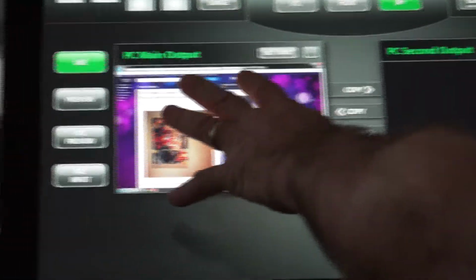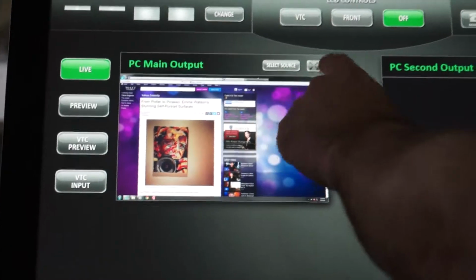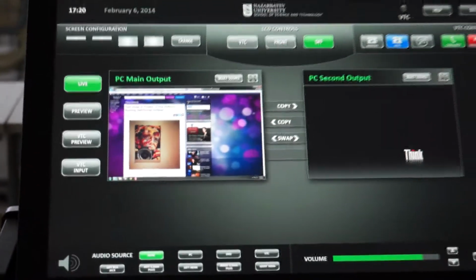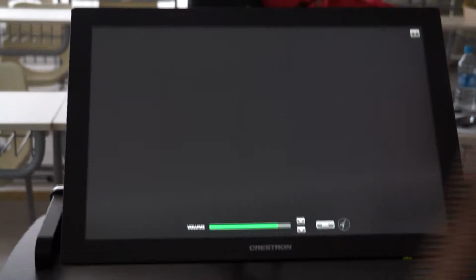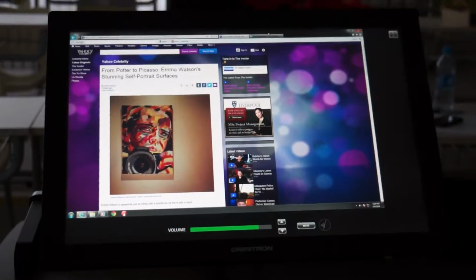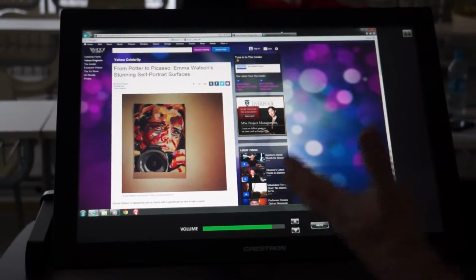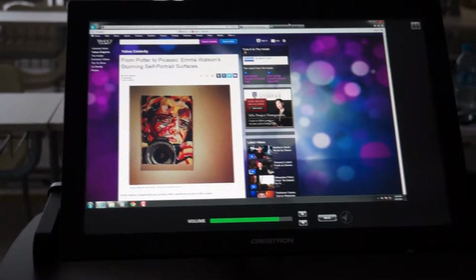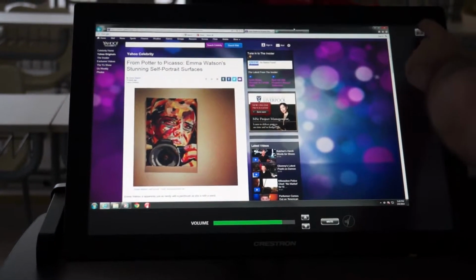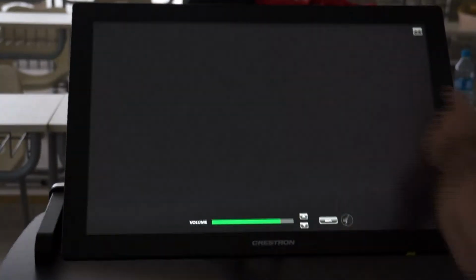Now, if we were looking at the computer on the screen, notice it's a little hard to see. It's a little small. We have a full screen button there. It allows you to bring it to full screen. Of course, we're now choosing whether we want the left or the right monitor. Full screen. Yeah, I could have chosen the right one, but